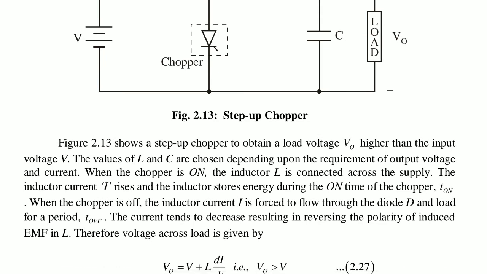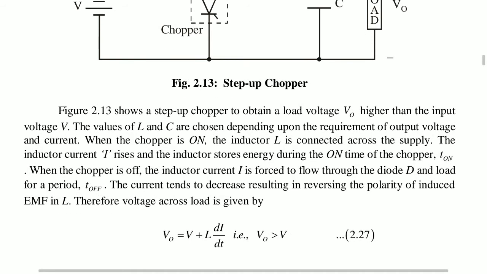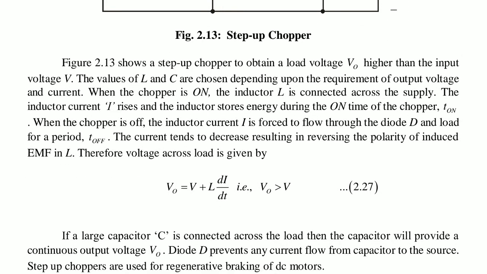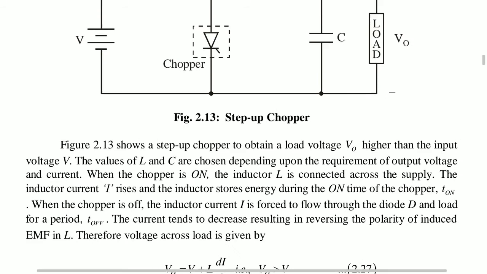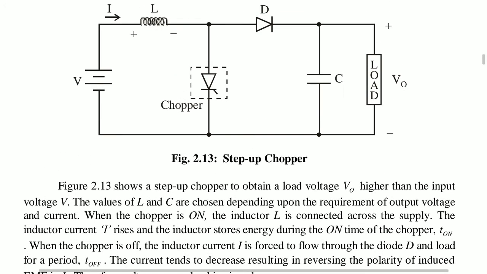Therefore the voltage across the load is given by VO is equal to V plus L di by dt. That means the output voltage is greater than the input voltage. So the operation is very simple. As soon as the chopper is on, that means during the T on period,